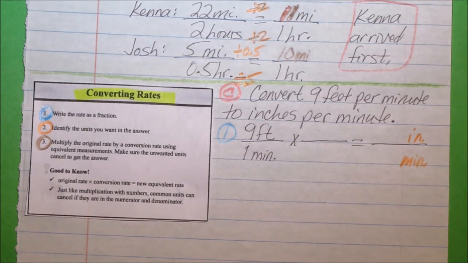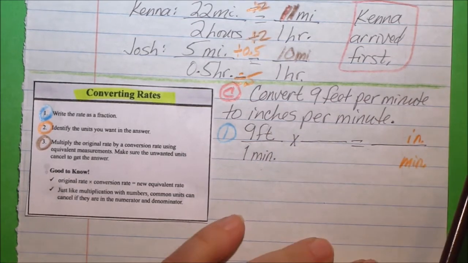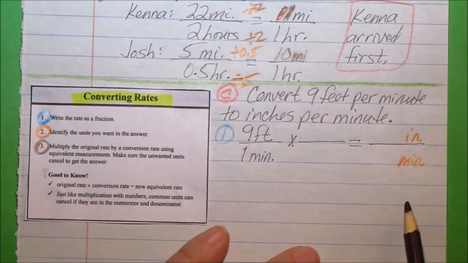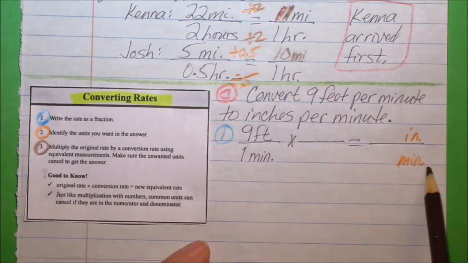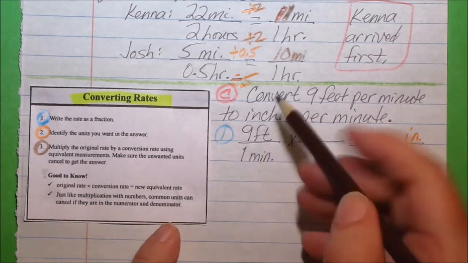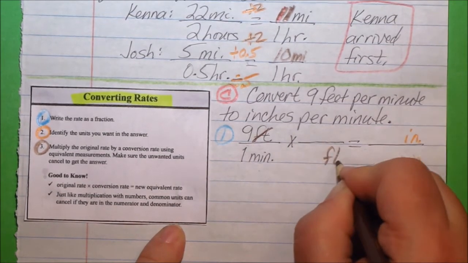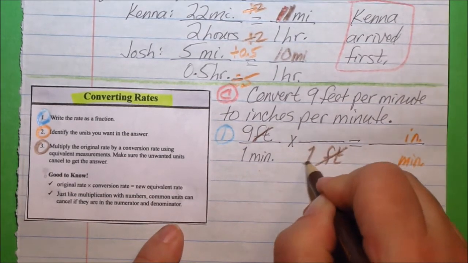Well, we can do that with our units in this kind of a problem too. And that's what we're doing, because I have feet per minute here, and what I want to wind up with is inches per minute at the end. So which unit here do I want to get rid of? Well, I want to keep minutes because I want minutes in my final answer there. So it's feet that I want to get rid of. So how do I do that? I make sure that I have feet down here that I can get rid of. So 1 foot